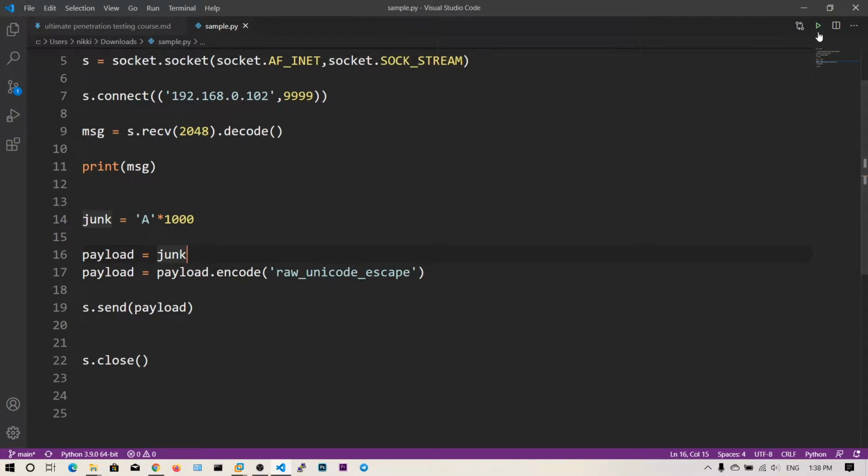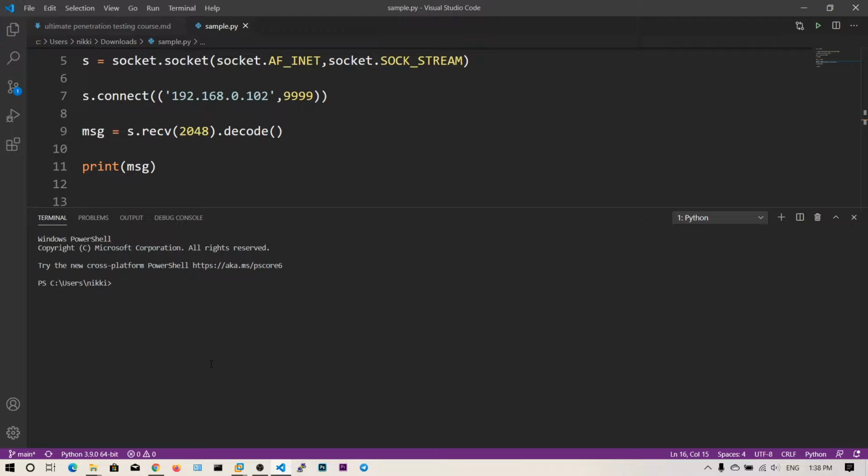Now I am going to run this script. It says welcome to vulnerable server, enter HELP for help.